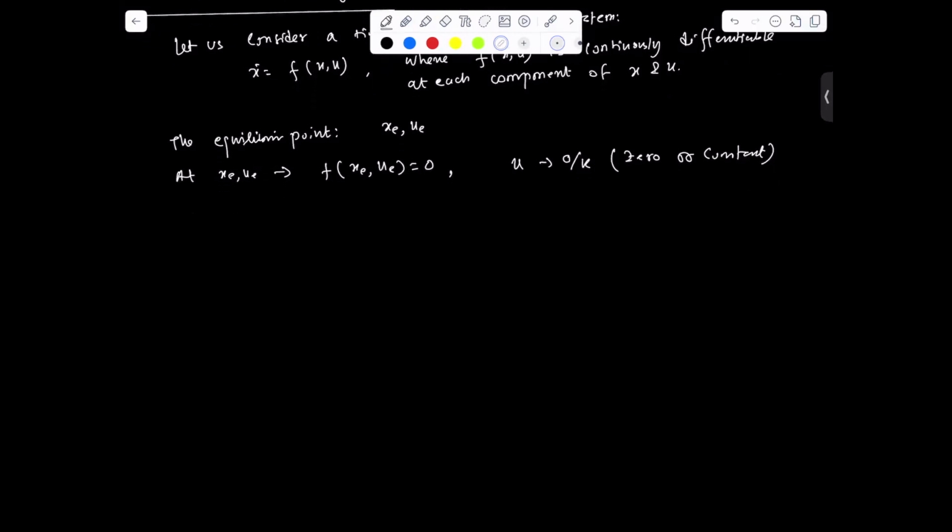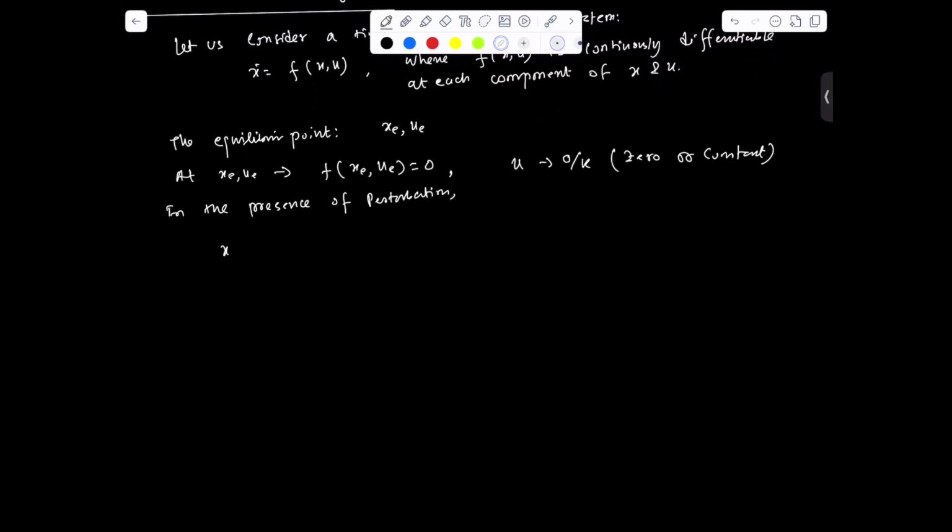In the presence of perturbation, the system will deviate from the equilibrium point, as we have learned in our previous lectures,